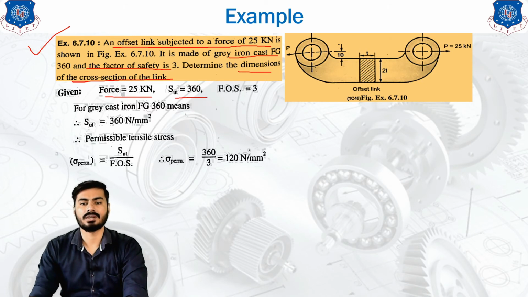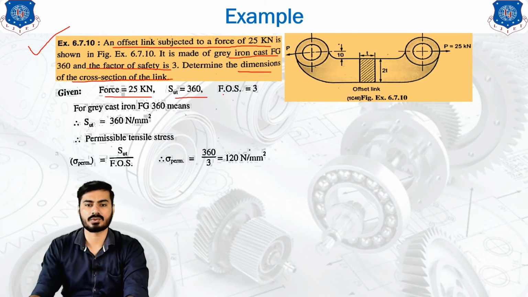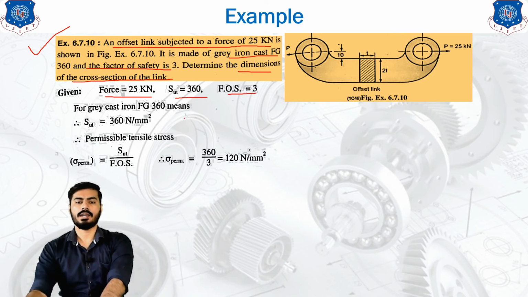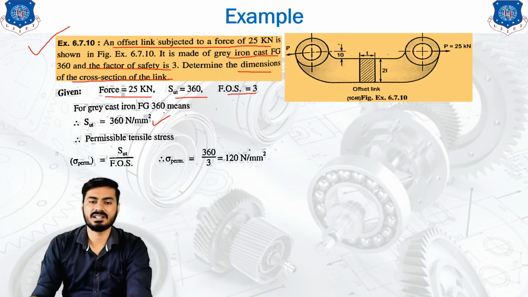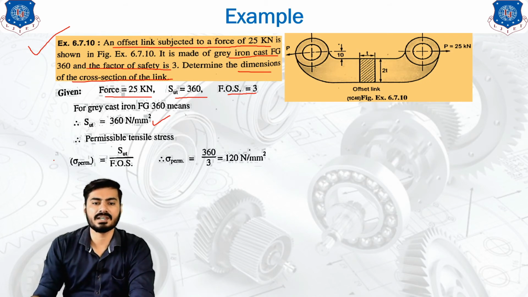SUT for the cast iron is given as 360 Newton per mm square. Factor of safety is given as 3. So if the ultimate strength of the material is 360 Newton per mm square, then we can find out the